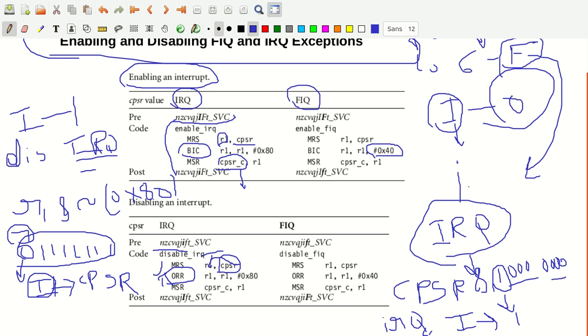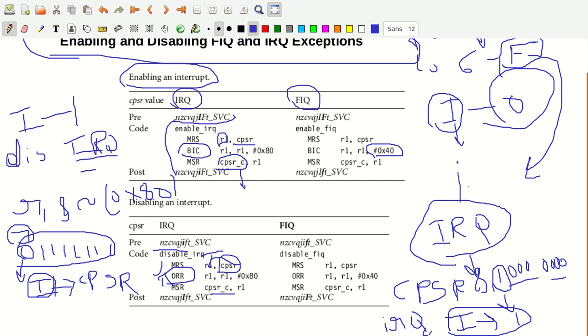The most important instruction is ORR. Finally, this is just to copy, MRS and MSR, because directly you can't write into the CPSR in supervisor mode. Directly you can't write into the CPSR. So what you have to do is copy the CPSR into R1, then again reverse copy from the general purpose register to the status register. From status register to general purpose register, and from general purpose register to status register, that is the special purpose register that you have. So from R1, whatever you got here, by now you have I made 1, that is copied to CPSR_C. Here also it's an extension, that is the control field. Now CPSR_C, R1.